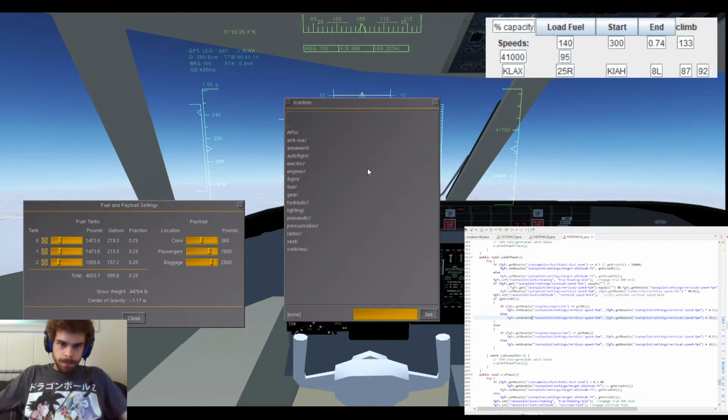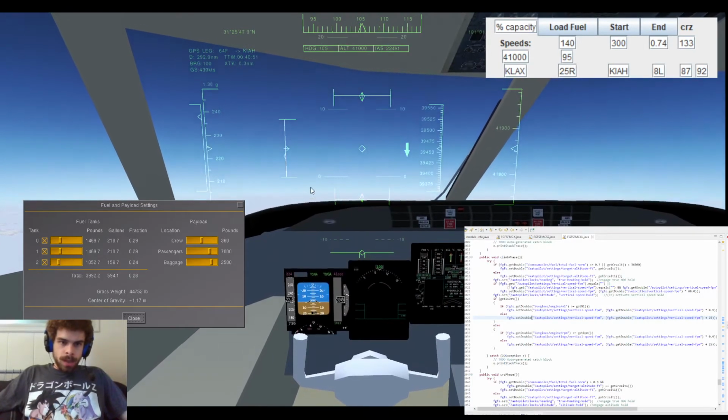So, yeah, I guess the step climb is kind of silly for this plane. There we go, 307.5, and we're not down to 25% yet. So, granted, we're flying a little bit more efficiently, despite this very slow climb rate. And that's really the issue here, is, okay,